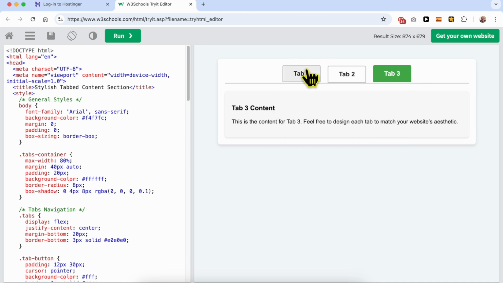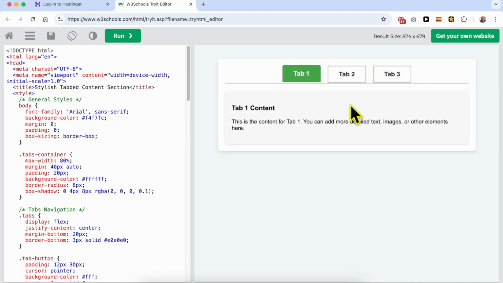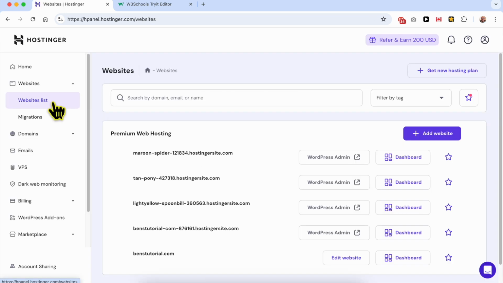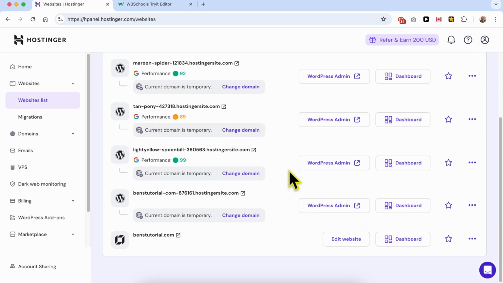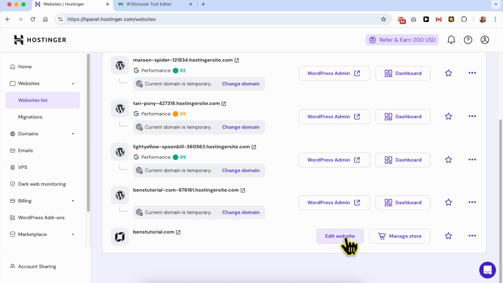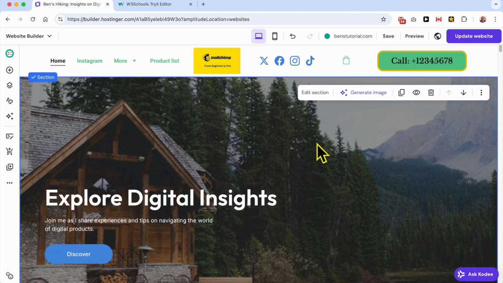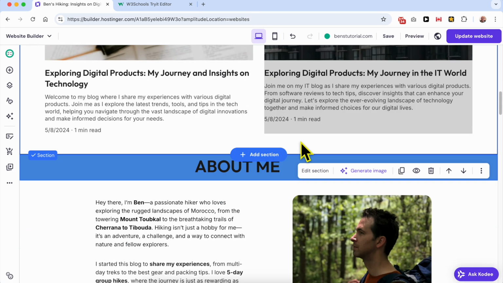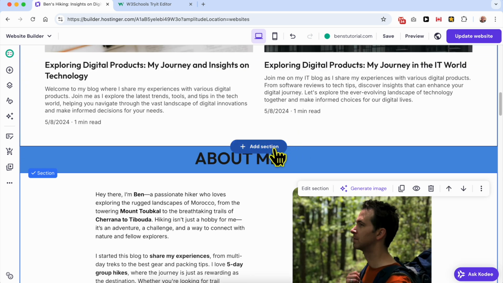This is the design that we will create in this tutorial, and the first thing you need to do is to log in to your Hostinger account. Now click on this Edit Website button next to your website. This is my website in Hostinger Website Builder, and now let's create a new section where we will add our